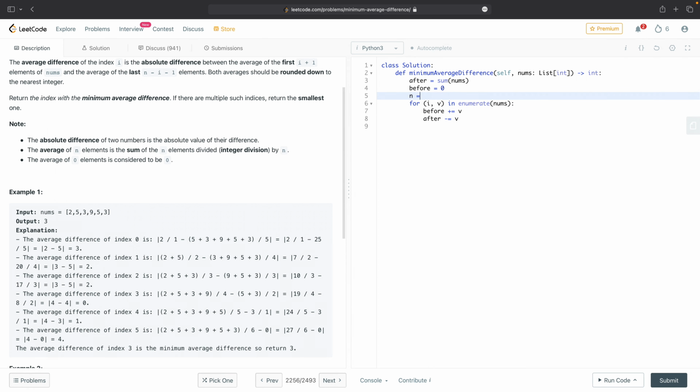N is len nums. So the average before is going to be before integer division I plus 1, because for index 0 we've got one element and so on and so forth. And then the average after is going to be after integer division n minus I